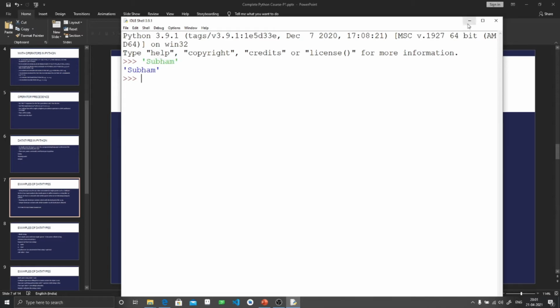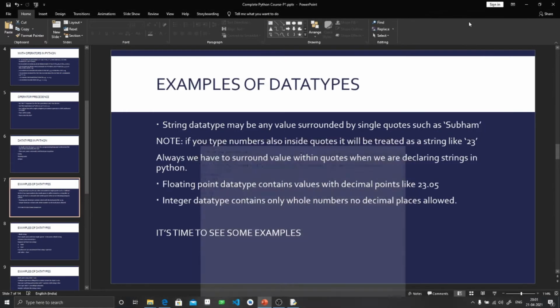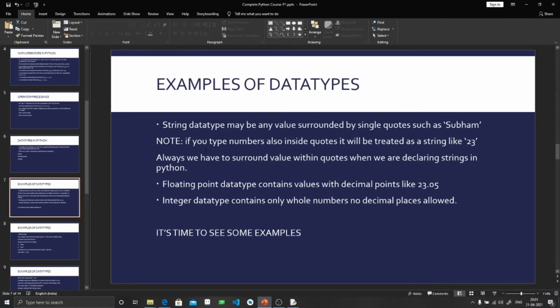Here the string is printed, but if you do not use single quotes and you print this, it will be printed as an integer, and if you include decimal points, then it will be printed as a floating point number.